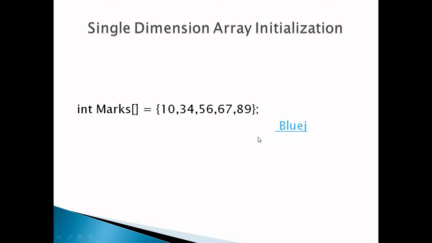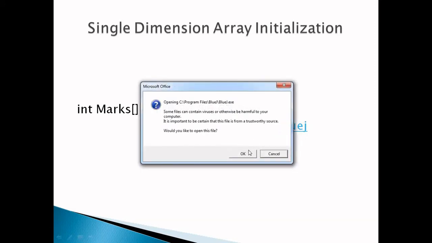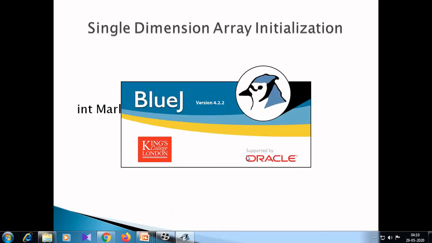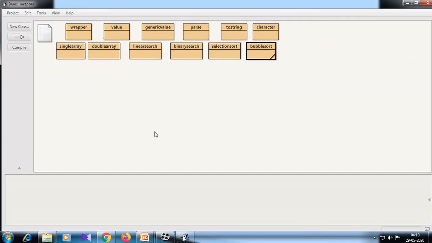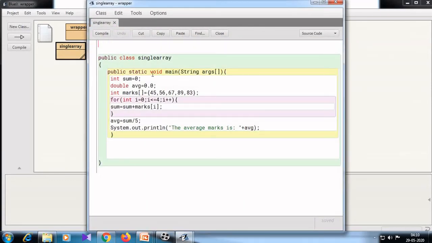Okay, let's go to the BlueJ dashboard. Here I have already designed one program for a single dimension array.